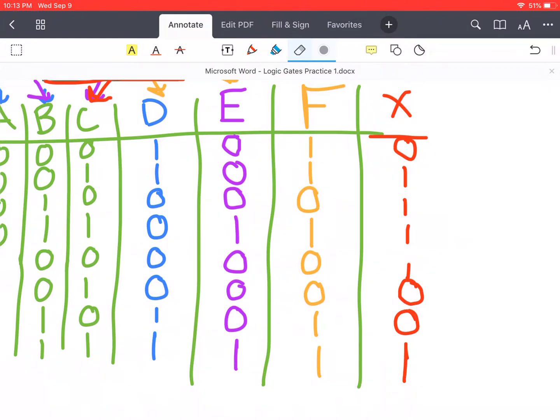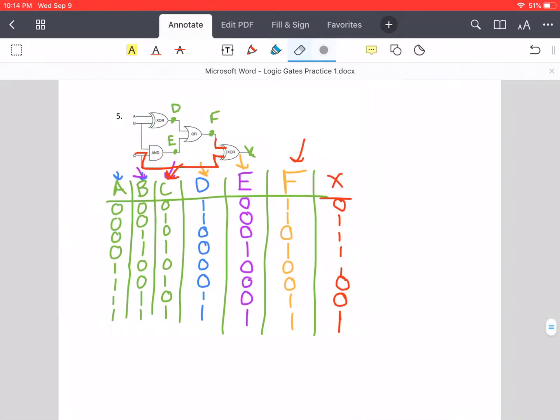So again, for the XOR, I haven't really talked to you about how to express that as a logical statement. I'm going to wait until I get back to go over that with you. But for now, if you come across an XOR, just use the table to determine the inputs and the outputs. Do not worry about the equivalent logical statement. Sorry if you racked your brain for that on the